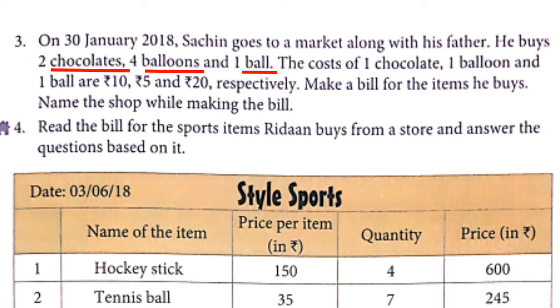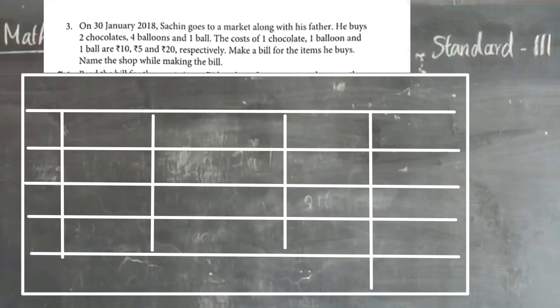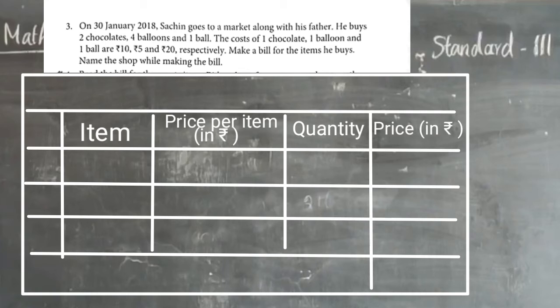What are the items that are given in the questions, we have to mention all in the shopping bill only. To make a bill we have to draw a tabulation. We have to split each of the things. The item wise, the name wise first we have to write, and then price per item we have to write, and then the quantity and then the price we have to write, and then at last we have to total all the amounts. So this is what we have to do to make a bill.